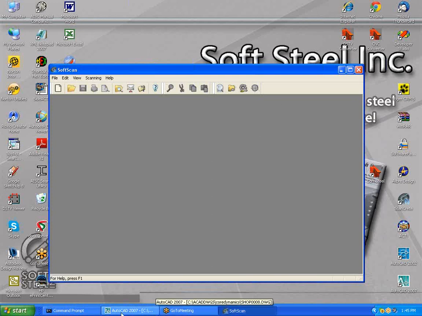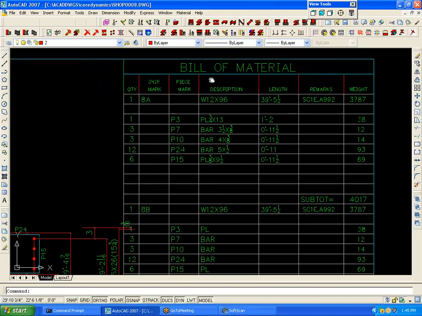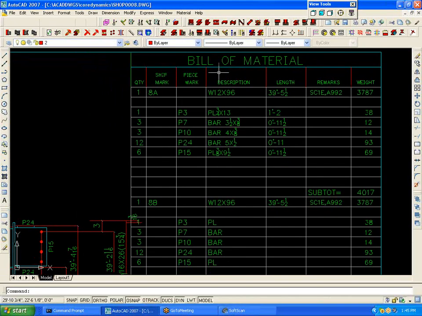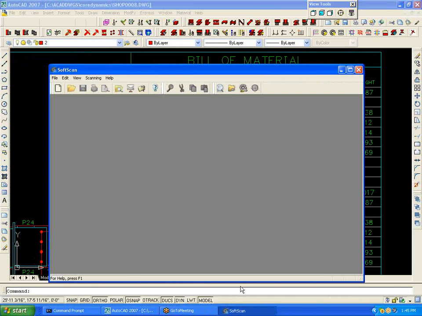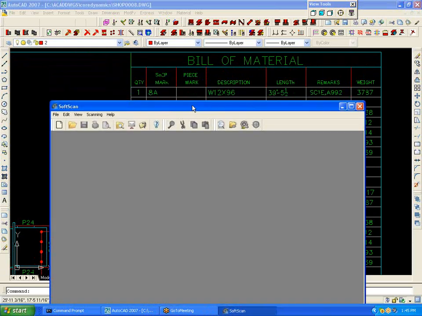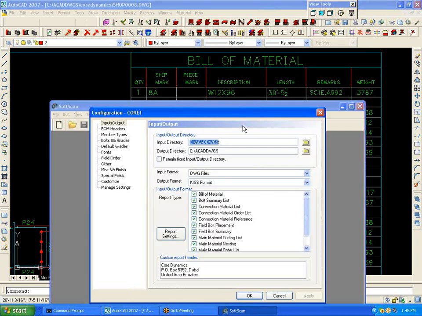To start off with, let's take a look at a drawing. I have a drawing number 8 here with a bill of material on it. The first thing we've got to do with SoftScan is teach it how to recognize your bill of material. This is basically teaching SoftScan to look for headings in the bill of material. So we start off by clicking the settings,